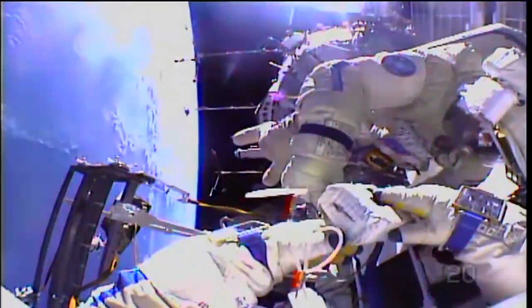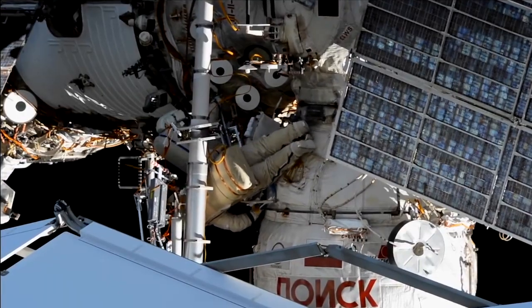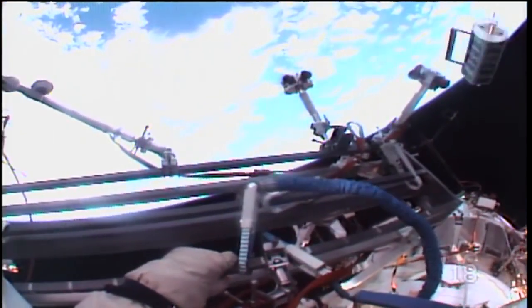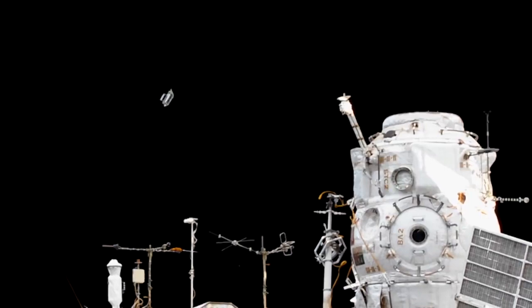2 cosmonauts ventured outside the space station this week. Cosmonauts Fyodor Yurchikhin and Sergei Ryazanskiy donned their Russian Orlan spacesuits for several hours of science and maintenance in the vacuum of space. A highlight of the spacewalk occurred when Sergei manually deployed 5 nanosatellites, including the first 3D printed